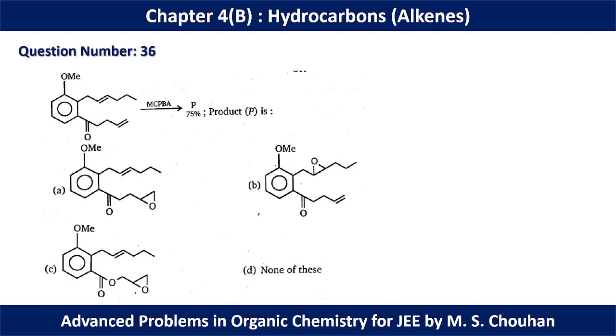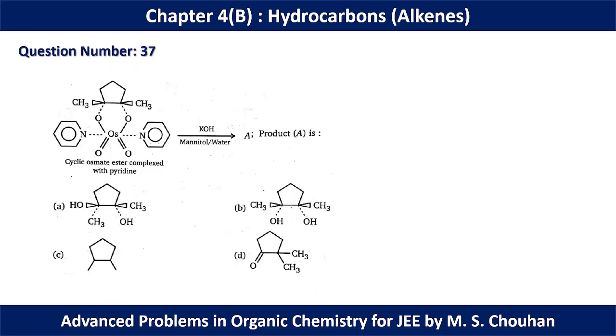In this case, we can apply the same thing. mCPBA is epoxidation. In this alkene, we have a total of 4 alpha hydrogens. In this alkene, we have a total of 2 alpha hydrogens. So, the more alpha hydrogens, the faster the reaction rate. That's why for question number 36, we have B as the major product. So, osmium tetroxide and pyridine as a solvent is used here. Osmium tetroxide is responsible for syn hydroxylation, and we can have syn hydroxylation in the B option only.